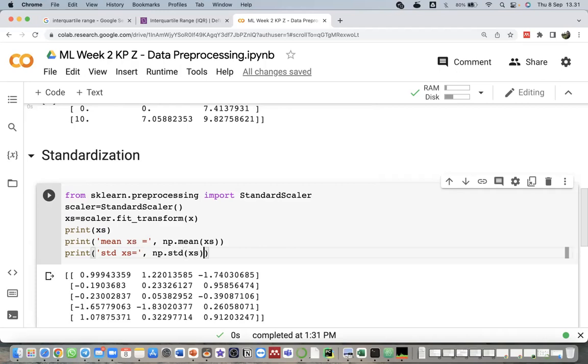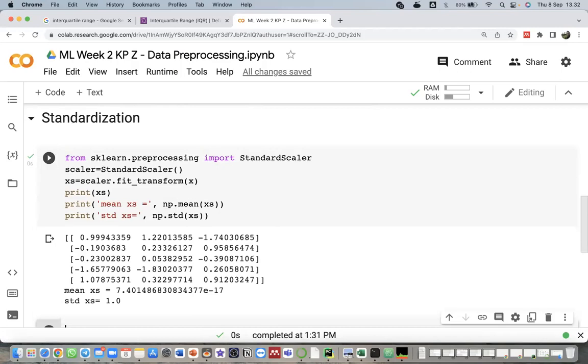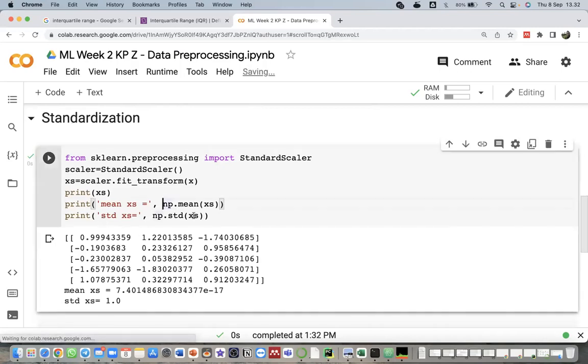So it will give the mean and the standard deviation values from our XS variable. Wait, I forgot to round it. We need to round it because the mean values will be close to 0, but actually it's not really 0, so we need to round it.